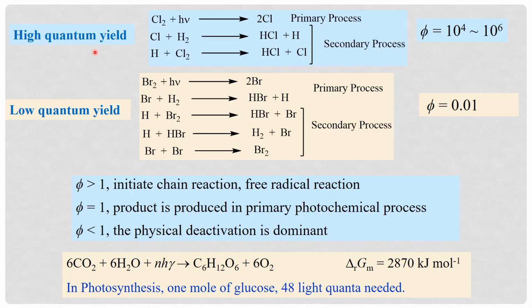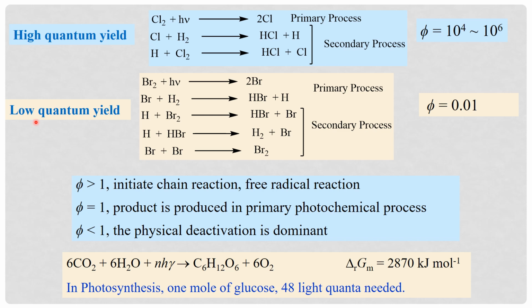Quantum yield can be very high, low, or it can be equal to 1. Here is an example of high quantum yield, that is, one chlorine absorbs one photon and the primary process takes place. Then the free radical reaction starts and a chain reaction starts. Quantum yield is 10 raised to power 4 to 10 raised to power 6, that is, 10^4 to 10^6